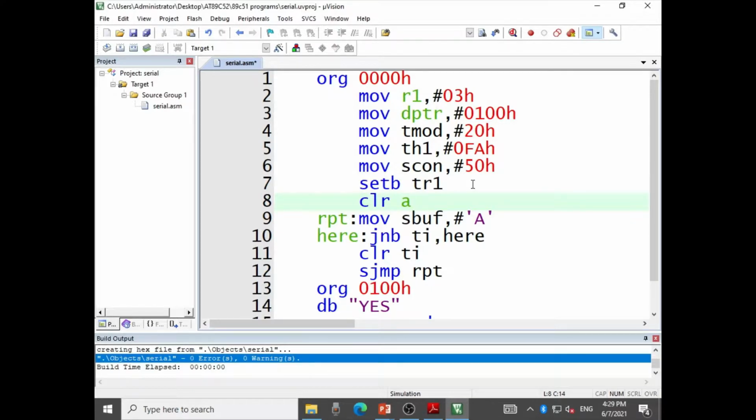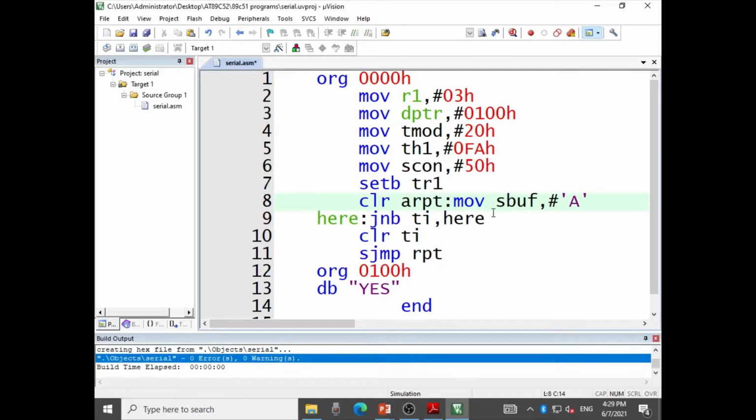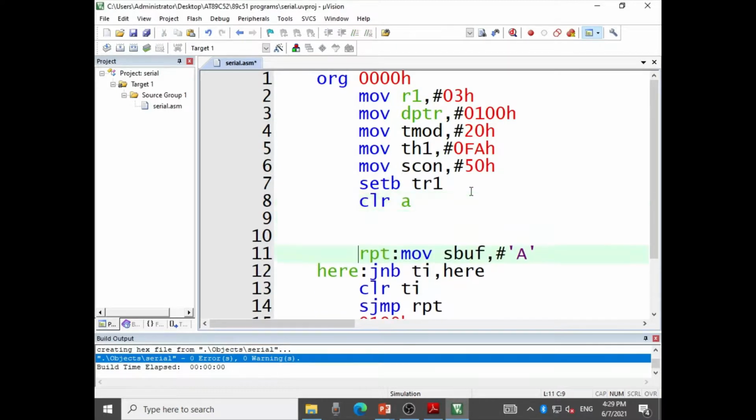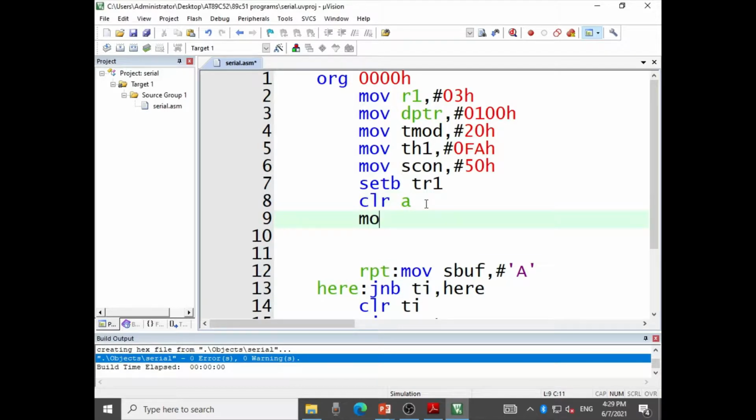Then load the first character from the lookup table into the accumulator. For that purpose, the instruction written is MOVC A, @A+DPTR.